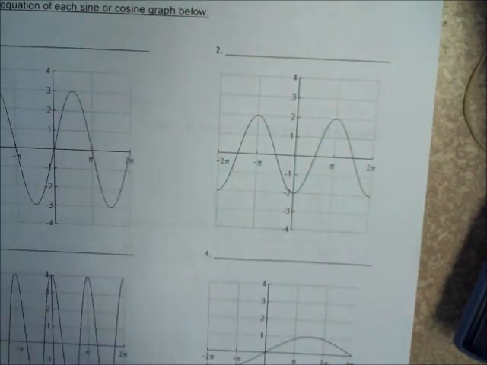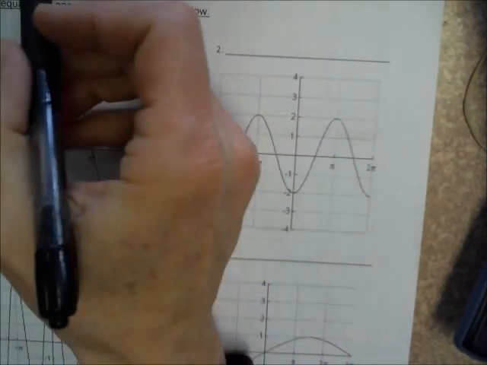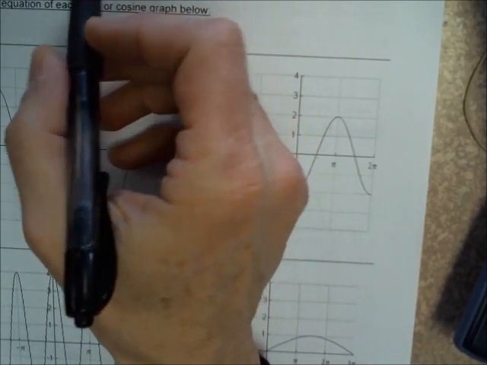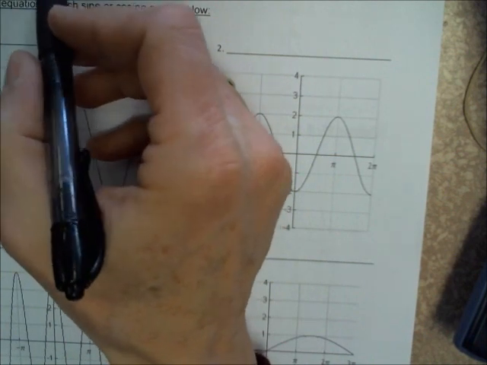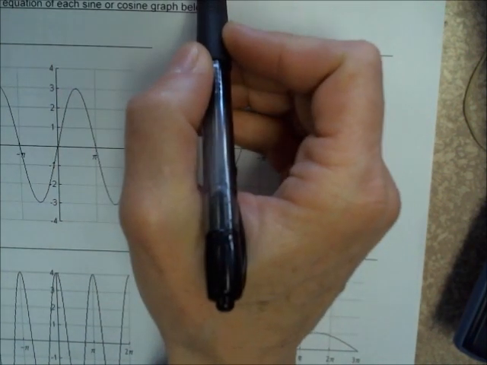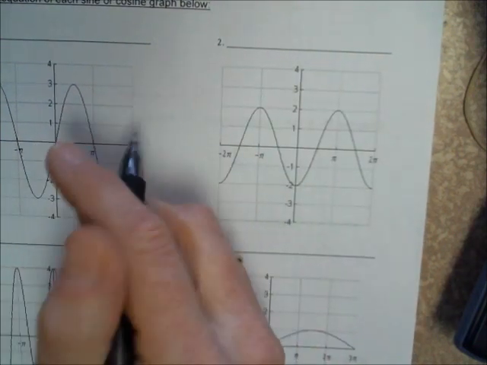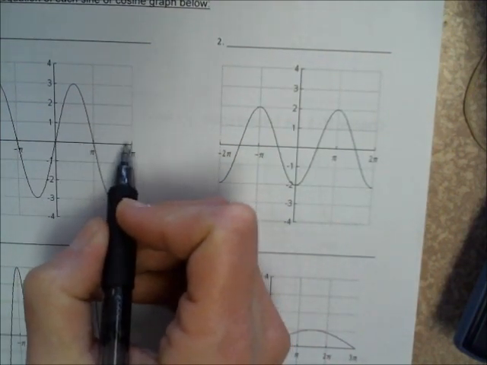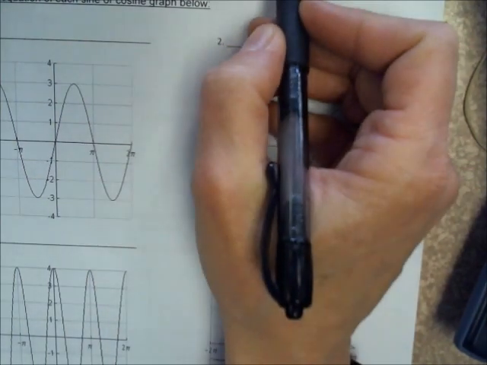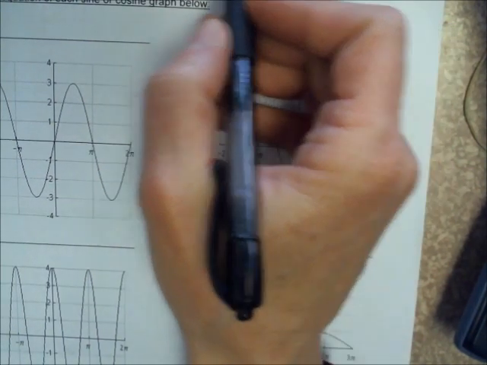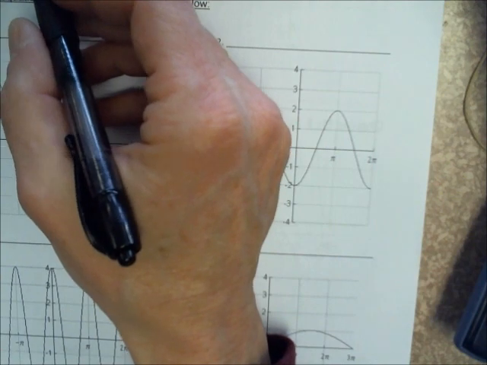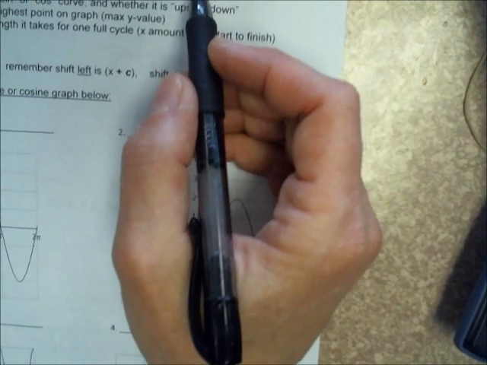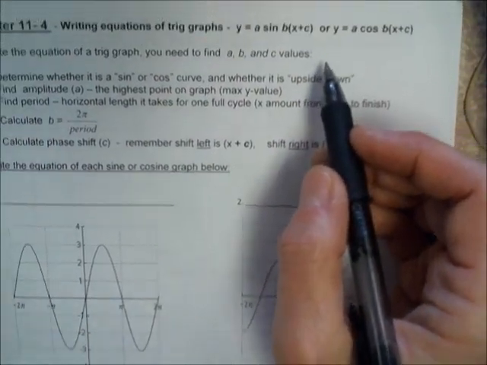On step number 3, we have to find the period, and this one is a little bit tricky at first until you get the hang of it. But the period of the graph, if you remember, is how long it takes for one full cycle. In other words, what is the x distance from start to finish of one full cycle of the sine or cosine curve that we're looking at? Once you figure out what the period is, then you have to calculate the B value, because up here